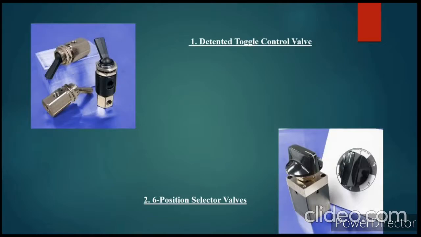First, detent dowel control valve. Basically, this is a three-way valve with a push-in port, speed valve, and tubing installation in your application. Second, 6-position selector valve. It is a valve that allows actuating up to 6 individual circuits from a common input port. Two styles of valve, standard and shut-off, are available to accommodate application requirements.